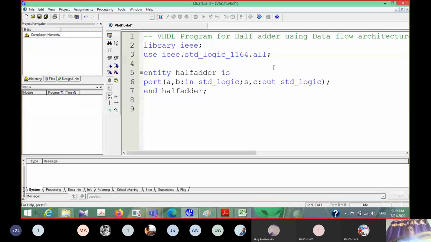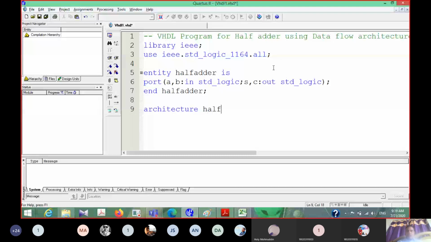Right? Now the third part in a VHDL program is the architecture body. The architecture body is the internal view of any chip. So here in the half adder, the internal view is that we want sum to be the XOR of A and B, and carry is equal to the AND of A and B. The architecture syntax is we write architecture and then the name of the architecture.